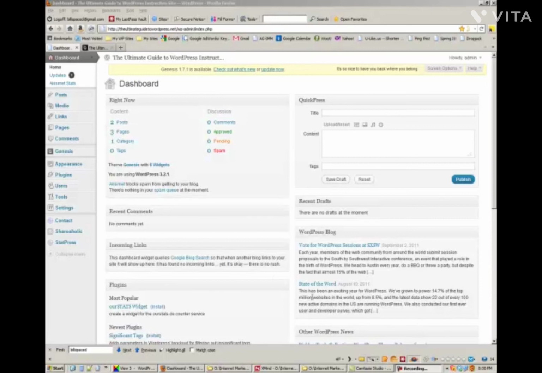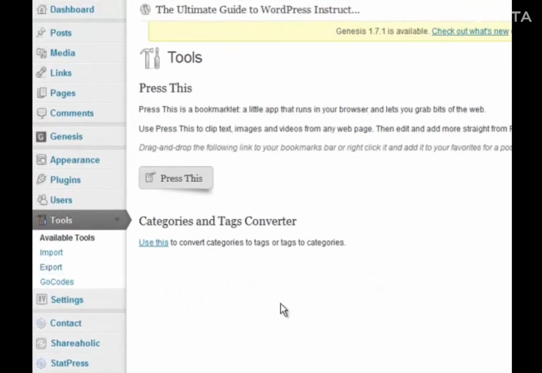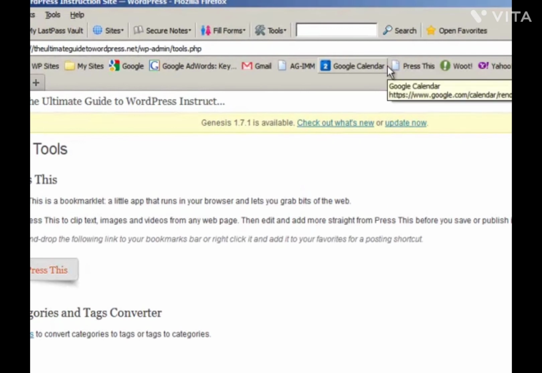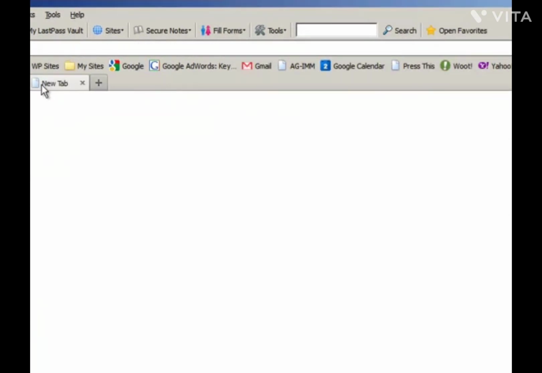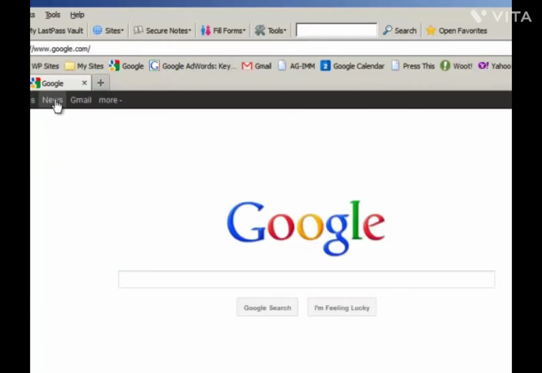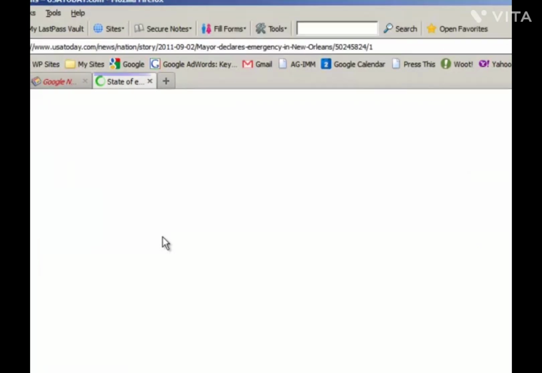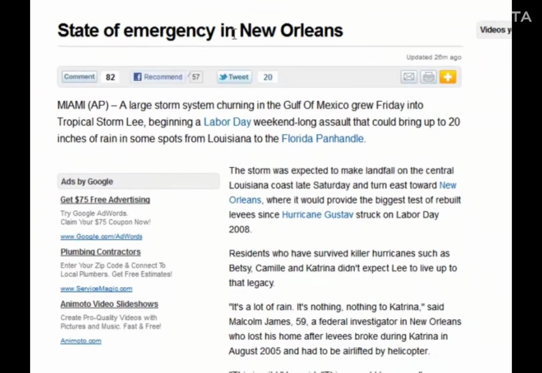Okay, so the next thing we want to talk about is tools. And there aren't a lot of tools here in WordPress, but they are pretty powerful. So one of the tools that's really cool is this Press This bookmarklet. You can drag that up into your bookmarks, and if you go to another page like, I don't know, Google News, and let's just click on State of Emergency in New Orleans, we can press this